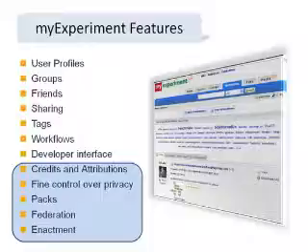So let's just have a look at some of the differences. Those are the sort of features which you will find when you go through the site. And the first set are the things that perhaps you would find on Flickr or Facebook or anywhere else, including the developer interface, which I'll come back to later. These things down the bottom are the ones I think that make us stand out and show that we've really worked very, very closely with scientists to build this site. And it is the credits and attributions. You've seen a glimpse of that. It is the fine control over sharing. It's these things called packs.